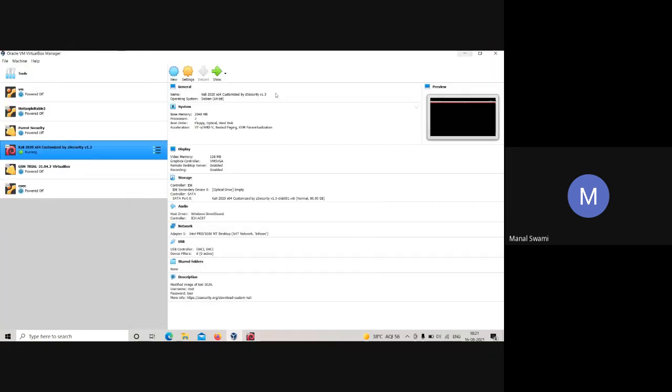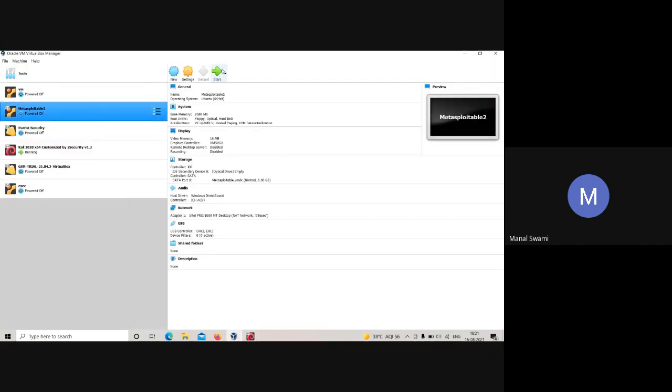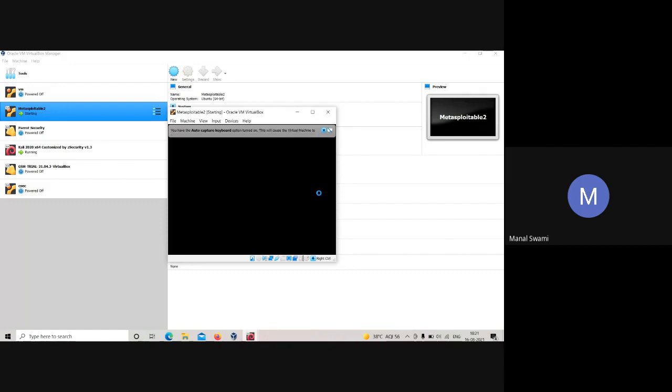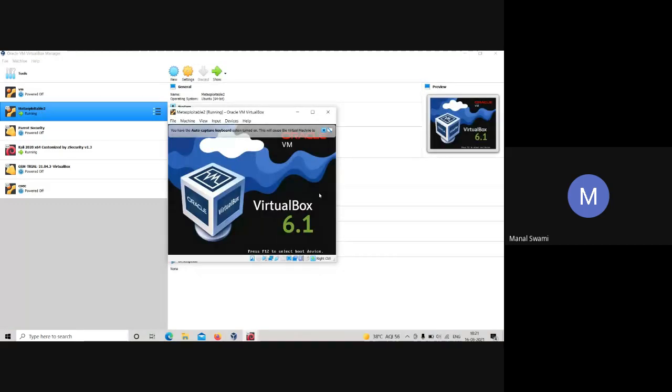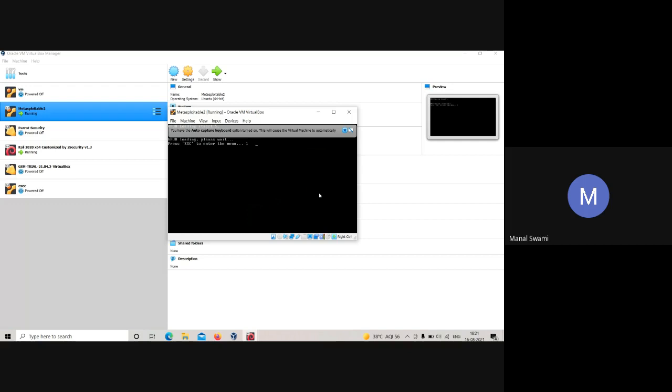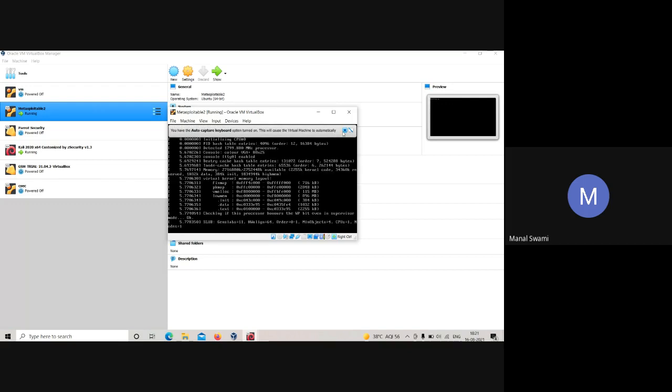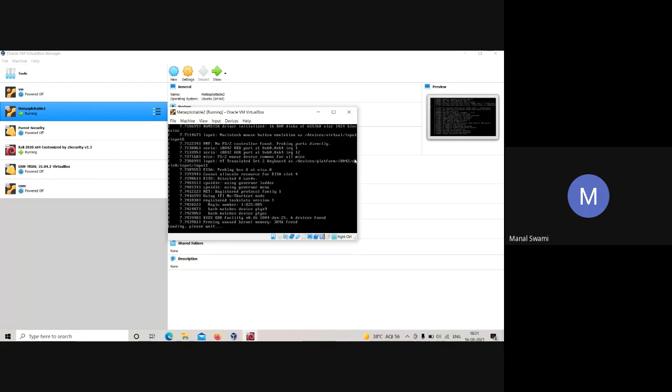First we'll run Nmap, but for this I'll have to start this particular machine. Today I will be telling you two simple methods to get into a system, and from tomorrow we will be diving very deep into this.